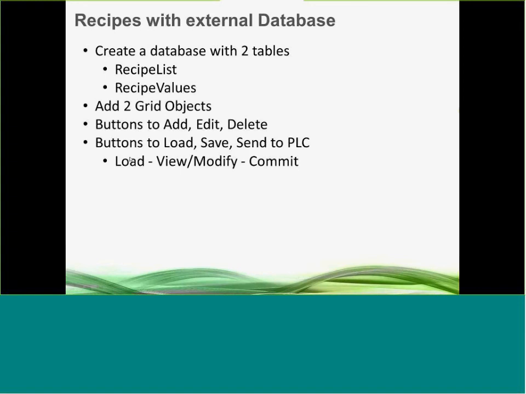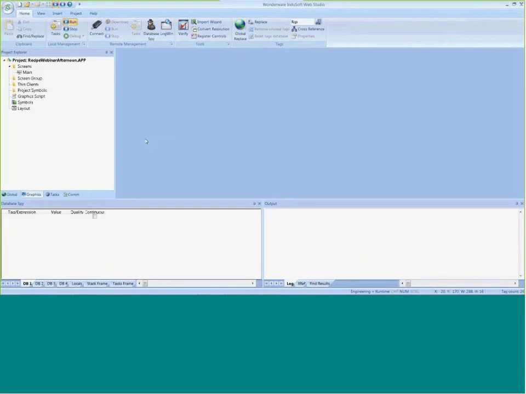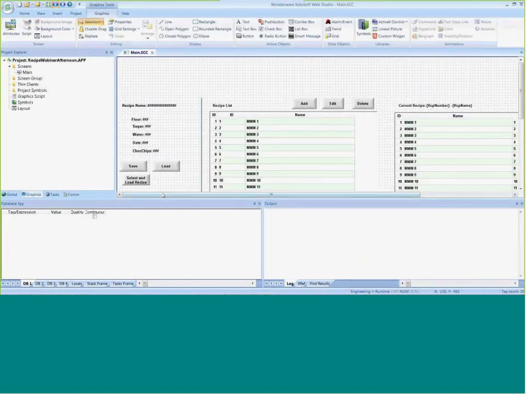Hopefully you understand what I did and was able to add, edit, delete, load, save, and send to the PLC, kind of in this idea of load, view, modify, and then commit. Same thing, not only in a database, but in the other way that I created the recipes with the recipe worksheet. I could load those into tags before I committed those to the PLC, much in a similar